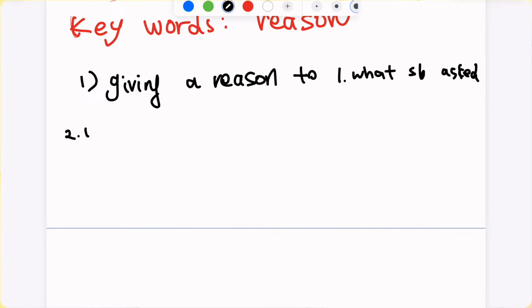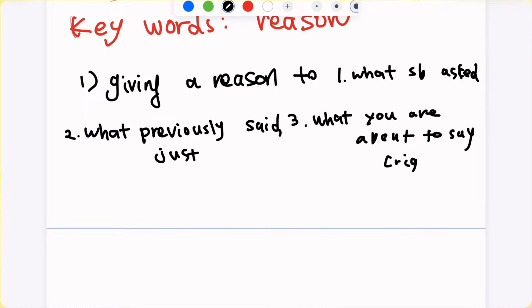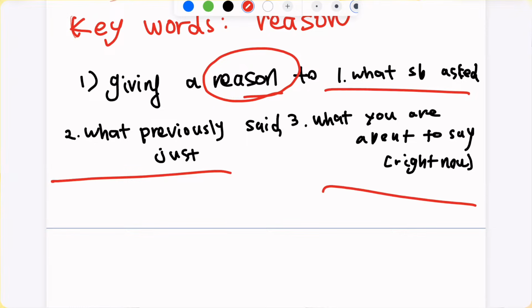그리고 it could also be giving a reason to what you previously said, what you just said. Or to what you are about to say right now. So, 네, it's giving reason to one of the 3 situations. 그리고 예를 들어서